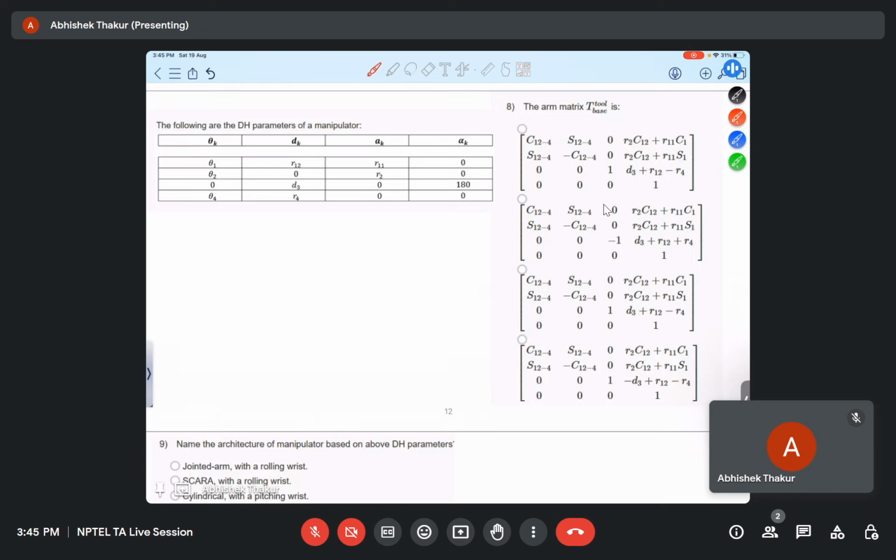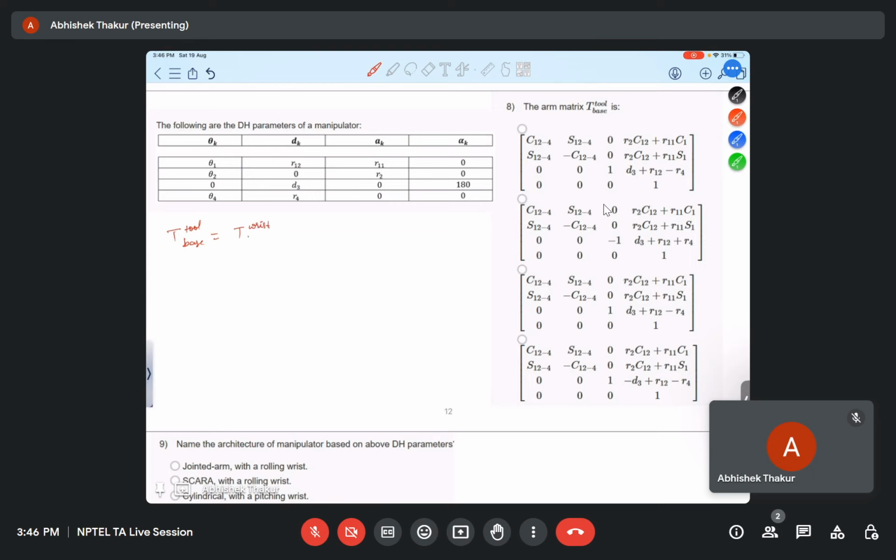So in this question, it is asking for the R matrix of T tool to T base. The R matrix can be found by post-multiplying the transformation matrices. Hence, T tool to T base is equal to